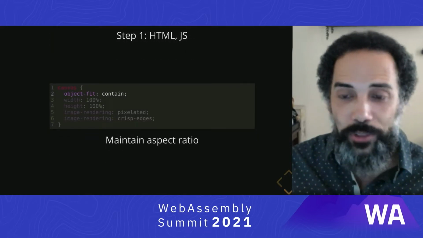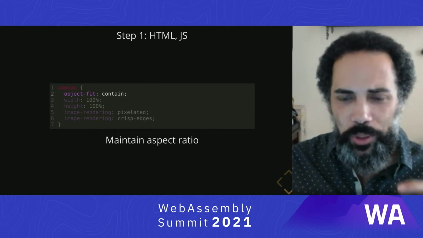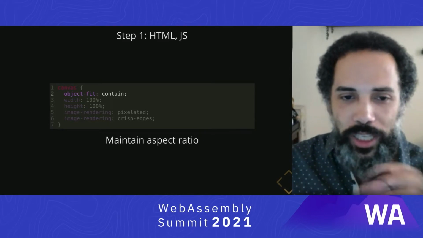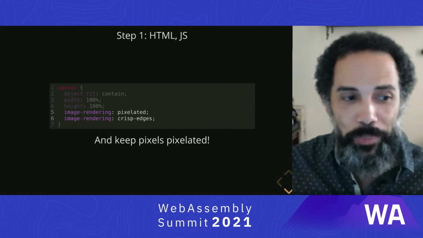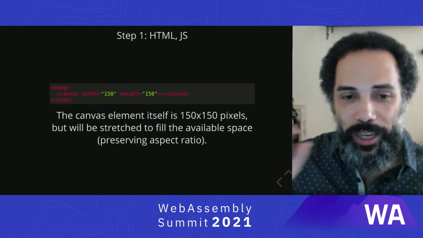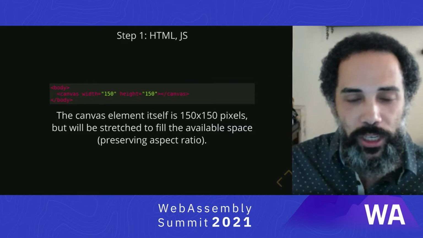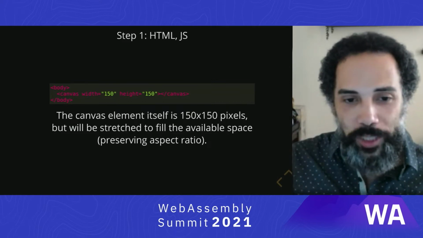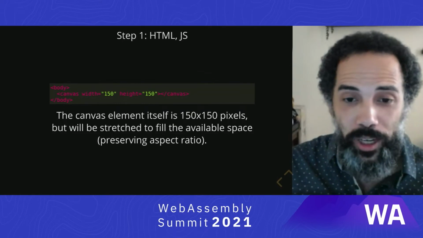Then I create a canvas element inside, and I make sure that it maintains the aspect ratio, because one thing that looks really bad is when the aspect ratio is squashed or stretched. So we want to make sure that we keep that aspect ratio. And then I make sure that the pixels are nice and crisp. And then finally, we take that body and insert a canvas. In this particular case, we only want 150 by 150 pixels because our grid is actually 8x8. Each one is 16 with a 1 pixel gap. So that gives us a nice small canvas to render into that we're going to be rendering by hand.